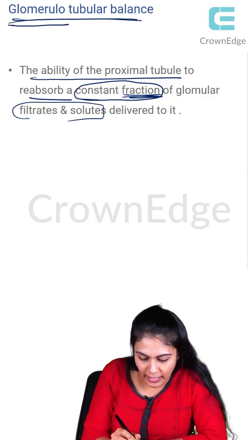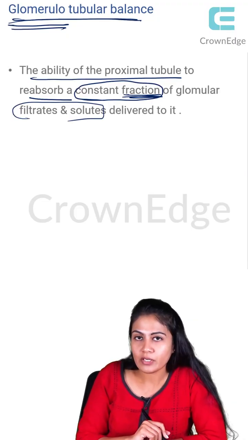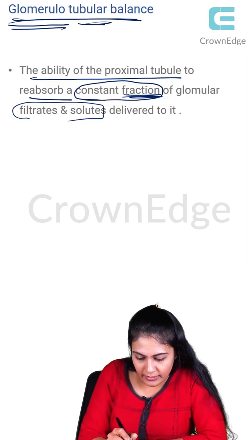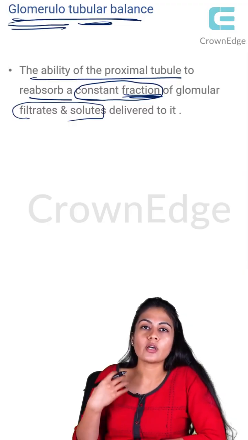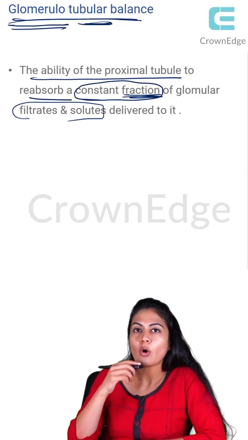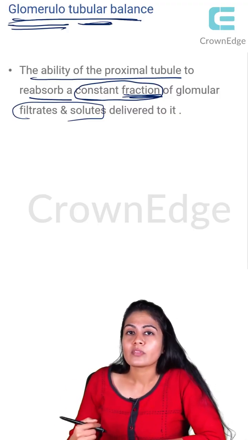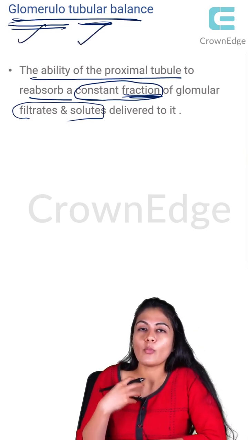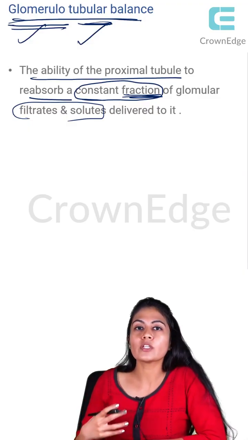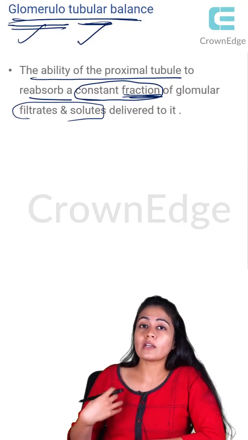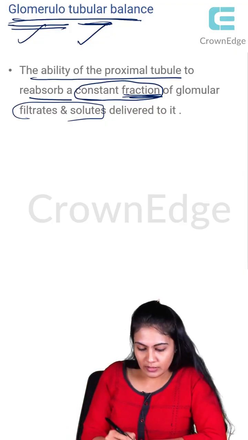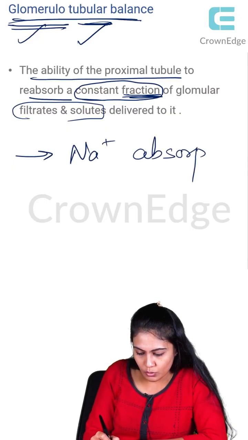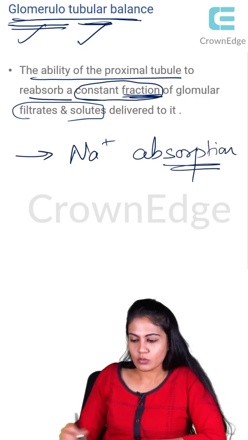Because of how much came to the glomerulus via the afferent arteries and how much reabsorption is done via the tubules. That is your PCT, DCT and loop of Henle, they all are known as tubules, right? That is why it is known as glomerulotubular balance. How much came to the glomerulus and how much of that value got reabsorbed, that we check in this. This balance is usually used for the check of the sodium reabsorption. So that is